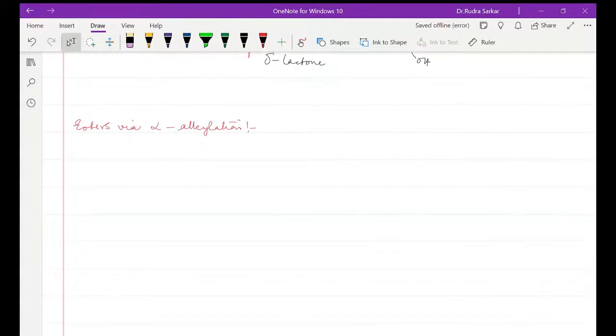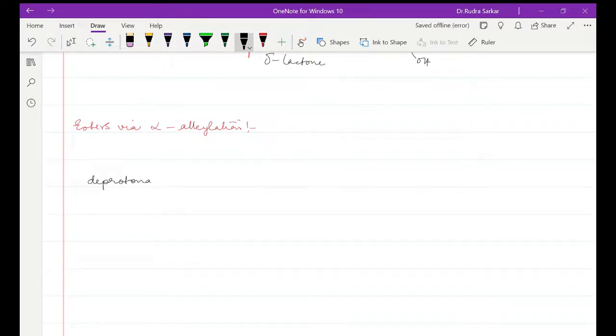So there we had used, for acids in the alpha position, what? The acetoacetic ester synthesis or malonic ester synthesis. So here also we will say that